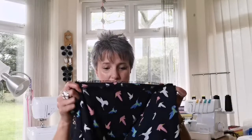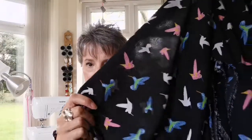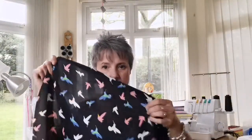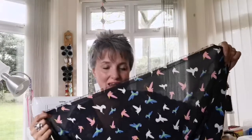So this is my oldest fabric, and it is lovely. It's really sweet. It's a navy background, and it's got these lovely birds on it. It's like hummingbirds, I think. It was doing the rounds a few years ago, and it's quite sheer. Well, it's very sheer. And I am occasionally known for buying fabric based on price, and this was an absolute bargain. So I've got 3 meters of this. I confess that when I ordered it, I didn't know it was going to be so sheer. I thought it was going to be more of a viscose than georgette, and so I've been kind of stuck as to what to do with it,